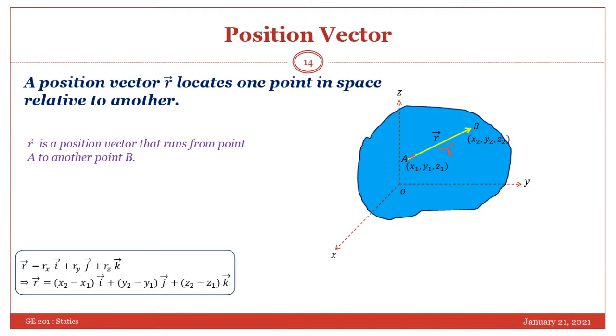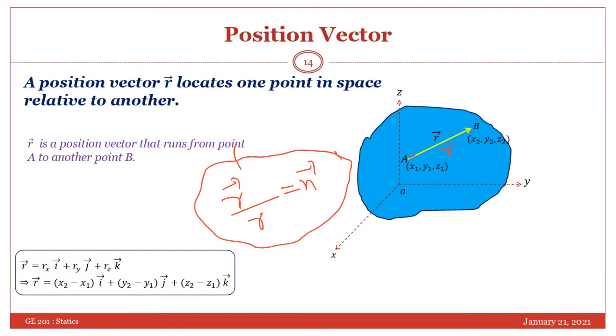Suppose this position vector I divide by the length of this vector, the magnitude of this vector. Anybody can tell me what he will get? If I divide vector R by R, that is the magnitude of this vector. The unit vector. Yes, wonderful. The answer will be simply the unit vector. So you see, you students are very much confused between these two. Position vector, when divided by the magnitude of the position vector, then you get the unit vector.